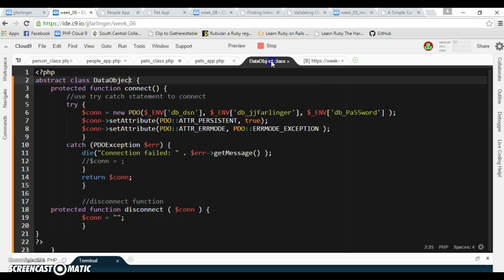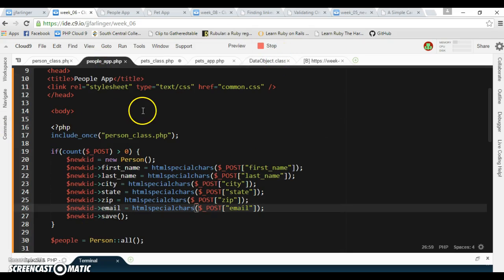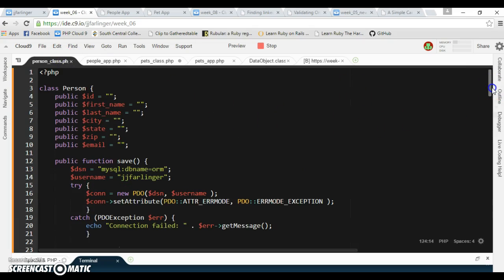I did start out the project using a data object with a function to connect, but did not actually incorporate that into this project. But I did keep this just so that I could see or use that for future reference. In the class, again, there's my connection